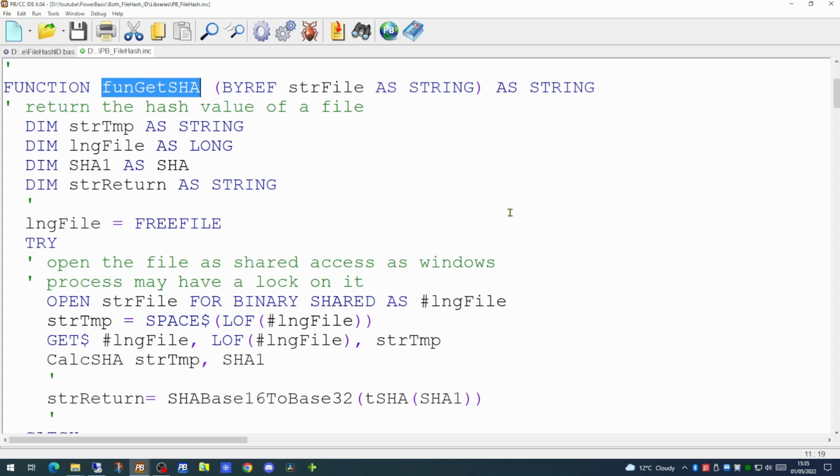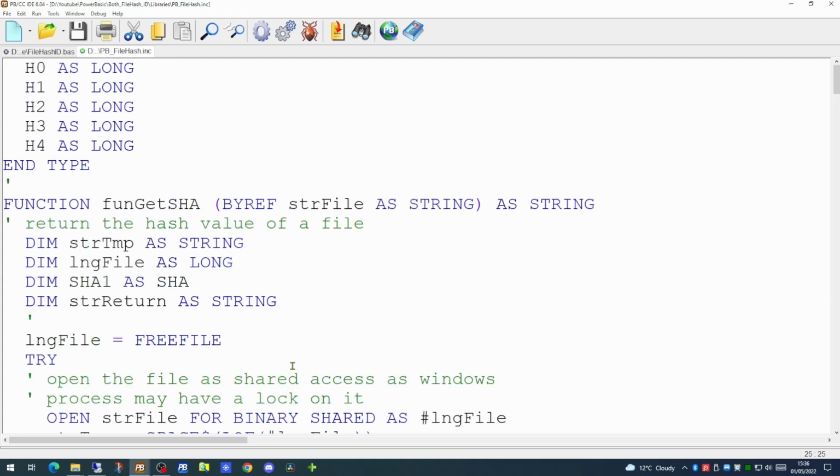It takes a single parameter, being the path and the name of the file we wish to look at. It then opens the file in binary mode, shared just in case something else has got a lock on the file, and loads the entire content of the file into a string variable. We're then passing that string variable to another subroutine, and we're getting back this variable here, SHA-1, and this is a user-defined type.